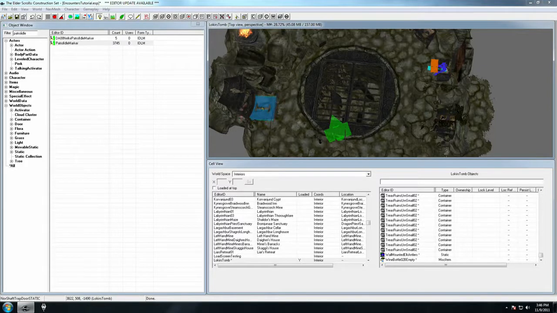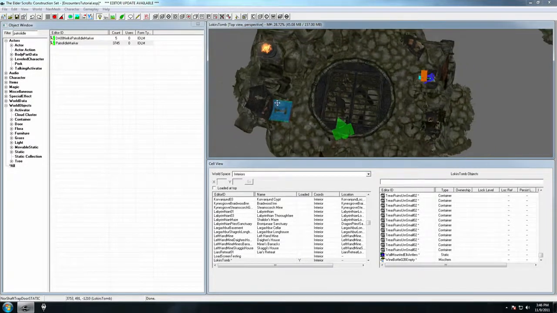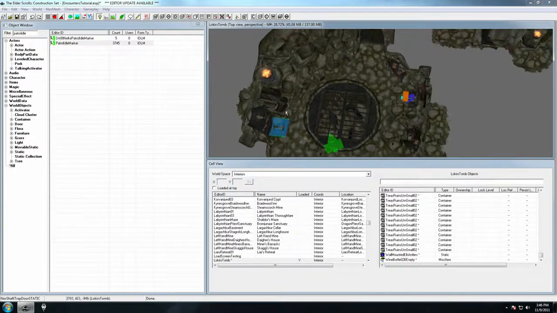As it looks right now, the patrol idle marker is embedded into the bookcase, which it is, but the actor is only going to stand right there, and the size of the actor we're going to use is probably about this big of a radius, so it's fine. So we'll place a patrol idle marker there, and we'll also put one up by